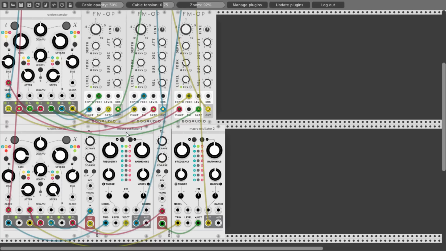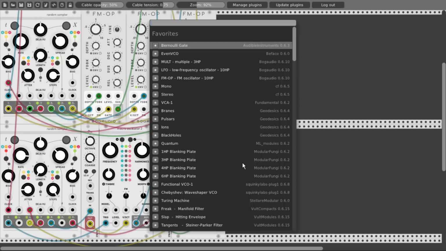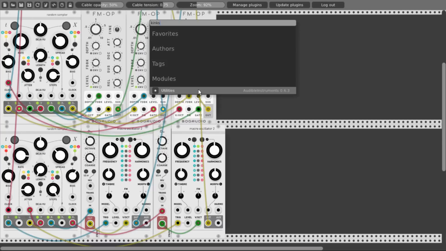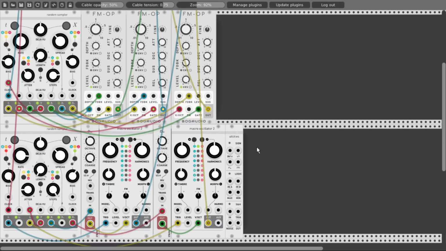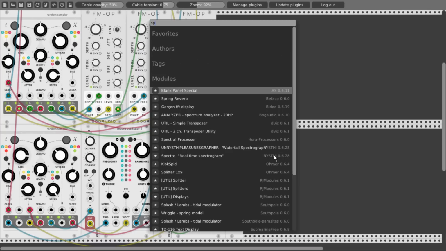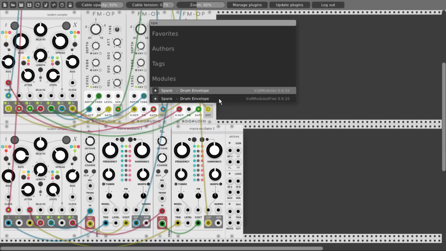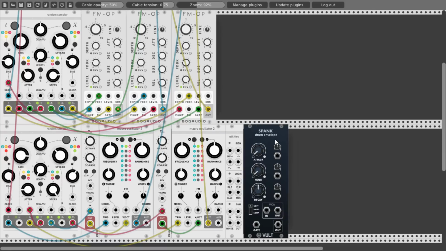Now we can use these Marbles to add also some hi-hats, and for this we will use again Kinks, also Mutable Instruments, and let's use also Spank from Volt. It's a really snappy envelope generator with a built-in VCA, so it's really good for percussive sound. So let's send noise from Kinks to the input of the VCA.